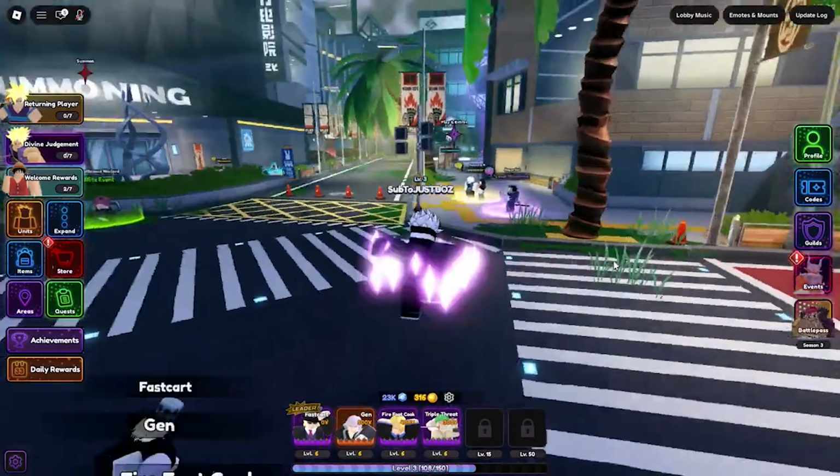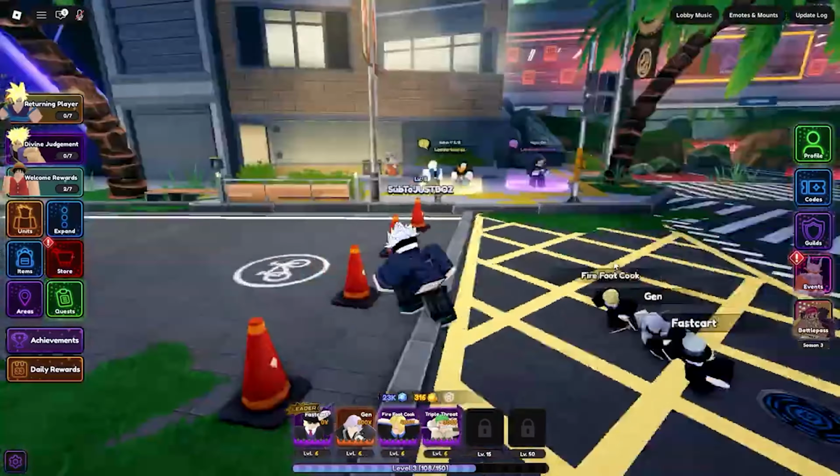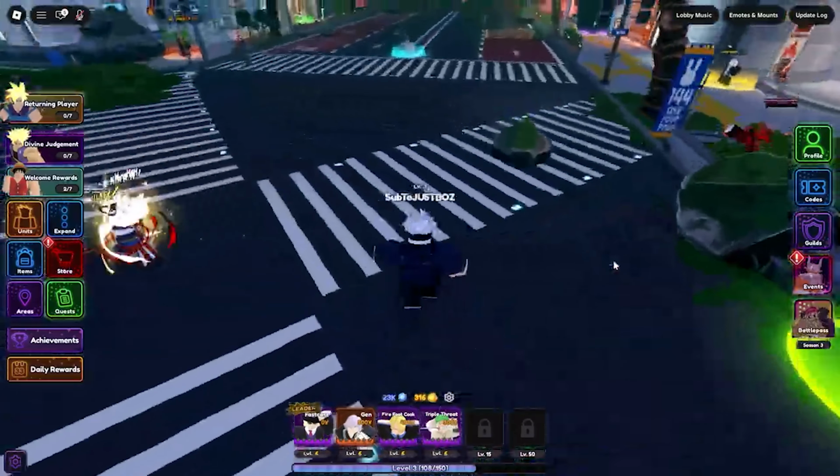In this guide, we're going over how to auto wave skip and auto abilities in Universal Tower Defense X on